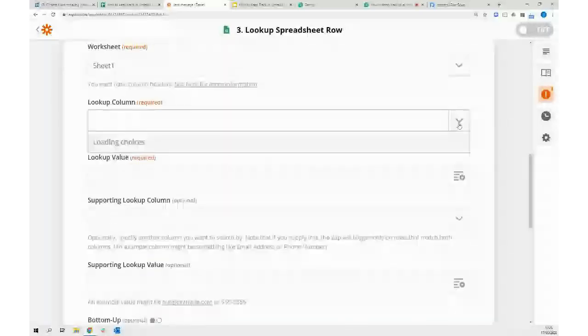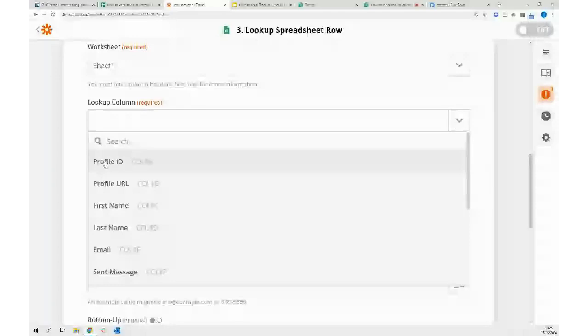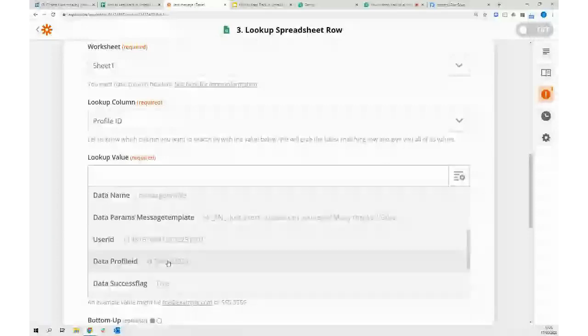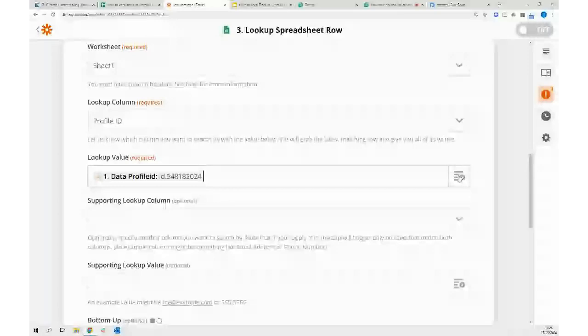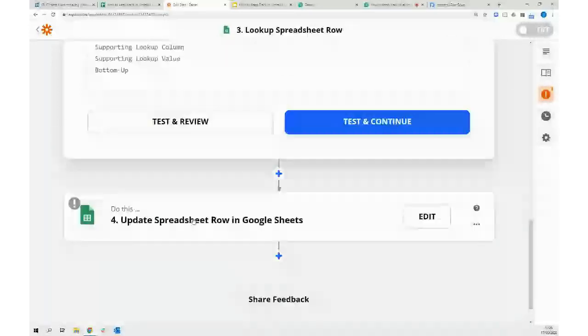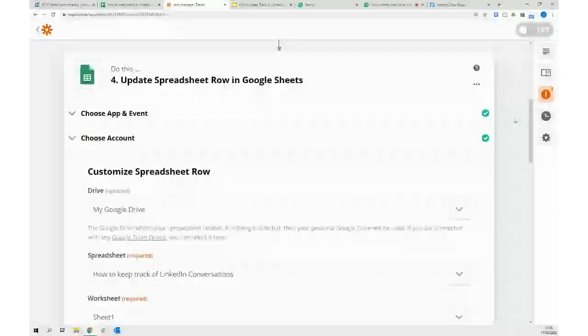And this is right, the lookup column. The lookup column will always be the profile ID because that is the unique value. And the lookup value, we then compare to the catch hook that we've used here against our webhook. And here, profile ID. Perfect. And we don't need to create a new spreadsheet row. We're just going to say that's great. And then we're going to